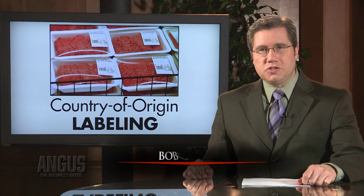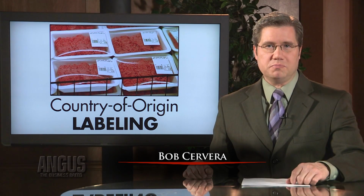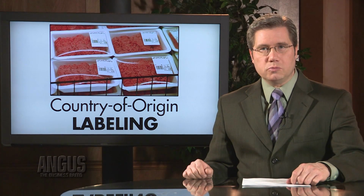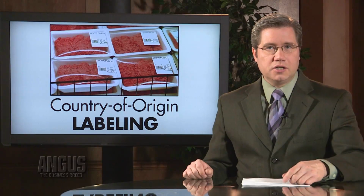The USDA issued a new proposed rule for meat labeling this month, again bringing country of origin labeling to the forefront of beef industry debate. The agency says the new proposed rule would bring U.S. meat labeling guidelines into compliance with the World Trade Organization's ruling, which gives USDA until May 23rd to tighten its